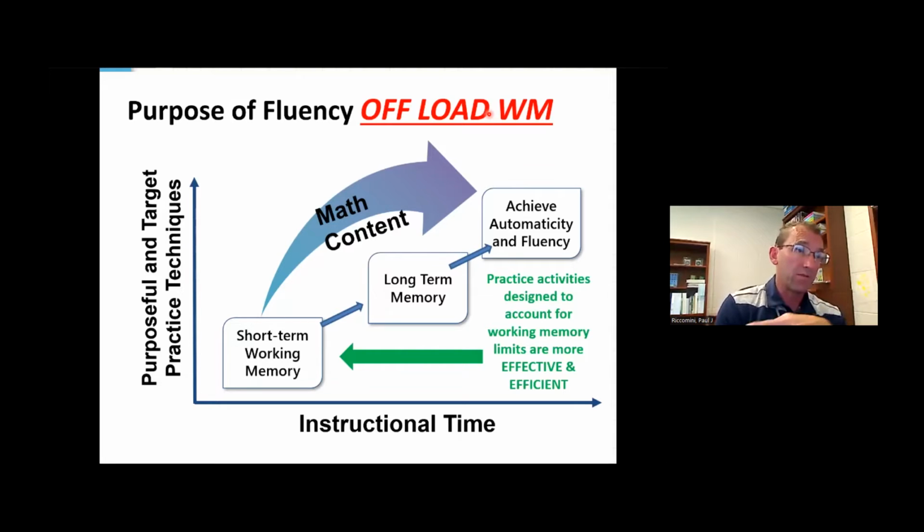The benchmark or the grade level goals are generally end of 2nd grade for addition and subtraction, end of 3rd grade for multiplication and division. So those are the grade levels where these automaticity activities are going to come more into play. And then obviously in middle school, when you get into the upper grade levels, you're going to reduce which facts you focus on, and the focus should be on multiplication.